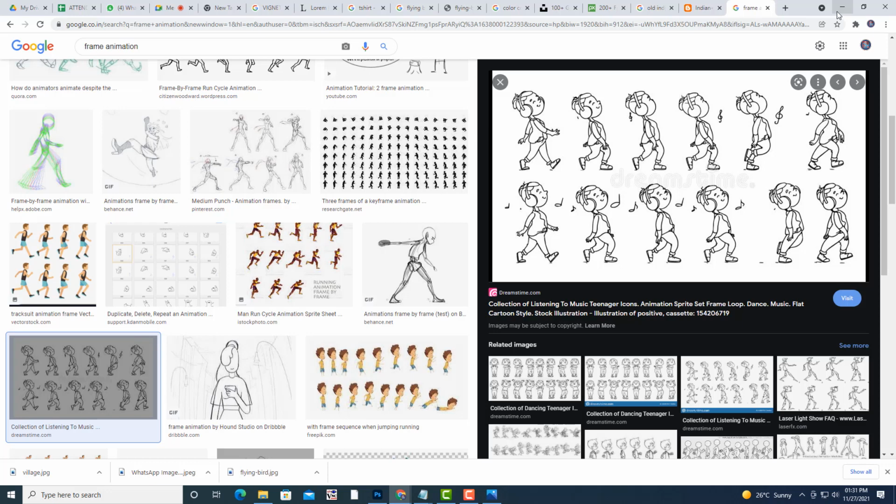Say for example, if you want to do one simple action like drinking water, for that small action they used to draw 100 images. That one single pose has so many drawings, and they would put all the drawings in a sequence on papers. So many artists would be drawing, and they would put all the drawings on paper, and there would be one machine, and they would rotate that machine, and one by one that paper would be moving.